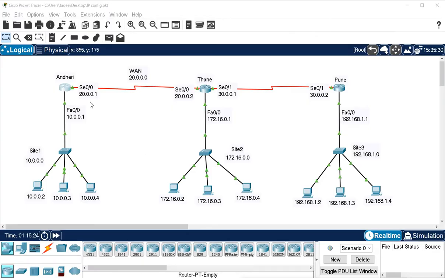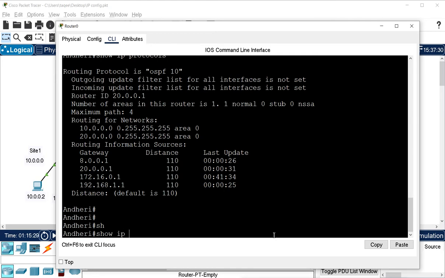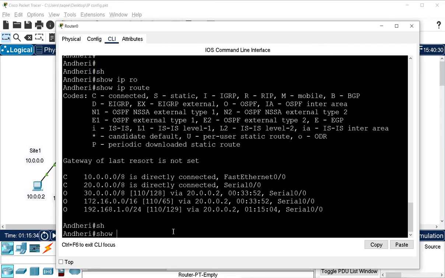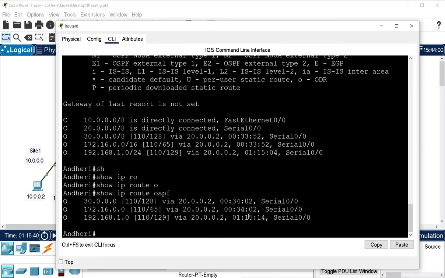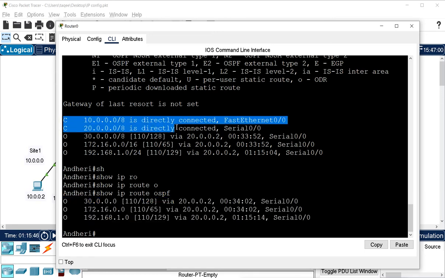So when we go to the router and run the show IP route command, it shows all the routes coming from every routing protocol. But when you want to see only OSPF routes, we will run the show IP route OSPF command, and it shows only the routes of OSPF. You can see it is also not showing the connected routes. It is only showing the routes of OSPF.